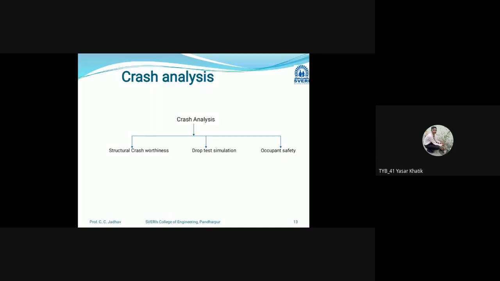So in mechanical engineering, it is very famous for calculating the different deformation, stresses and energy absorbing. In the first one, structural crashworthiness, we find out the deformation of the car body after the accident, meaning frontal accident, side accident and over accident.